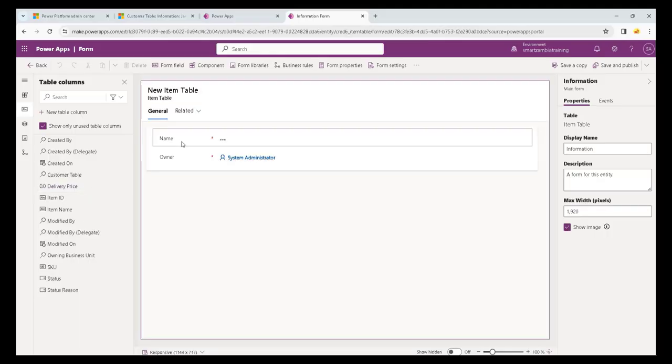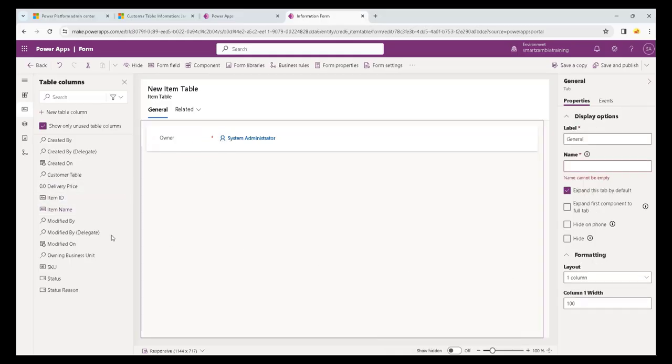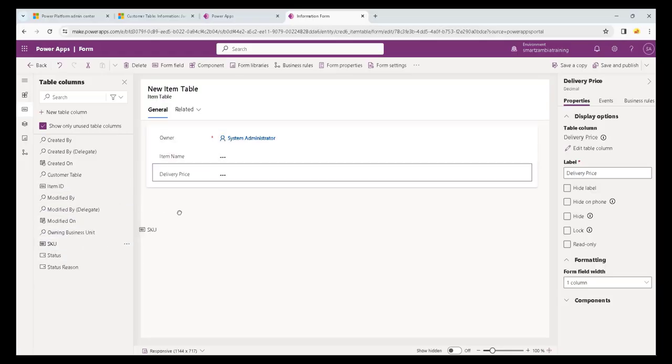For the item, I want to hide this and bring the item ID here, the item name, the item ID itself, the price,